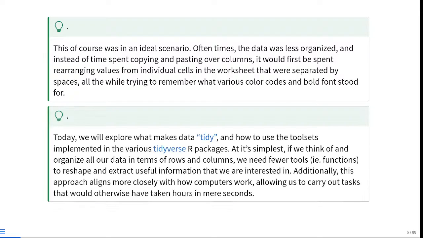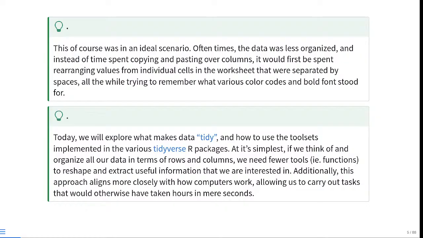So today we're going to explore how to make our datasets tidy, and what exactly this means. I linked the paper by Hadley Wickham that goes into the actual ethos as to why it's advantageous to treat everything in terms of rows and columns. But at the very simplest, if we're trying to understand what these Tidyverse R packages are revolving around, it's the concept that if you turn all your data into essentially table-like objects, so everything being a square or a rectangle, at that point you think of it in terms of just rows and columns,